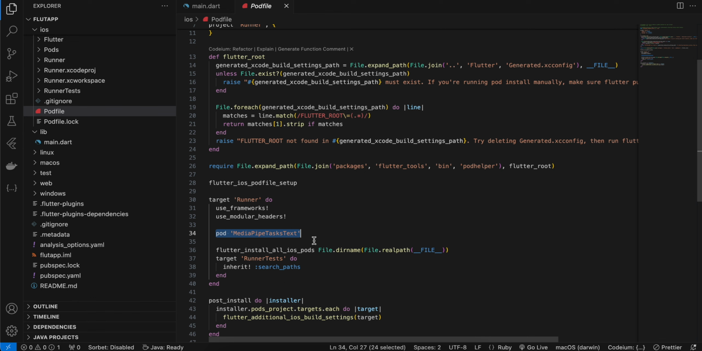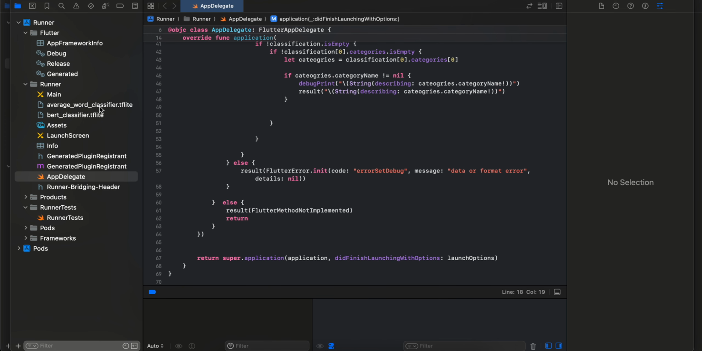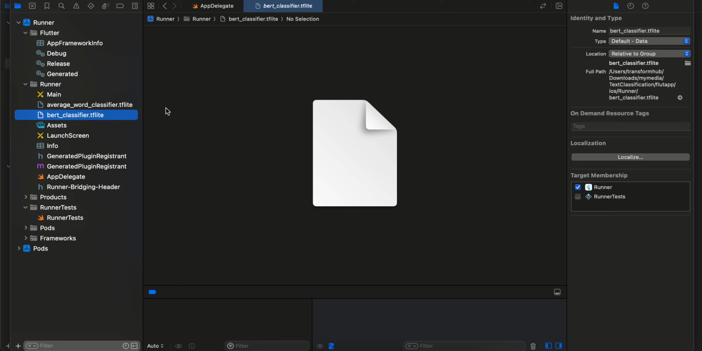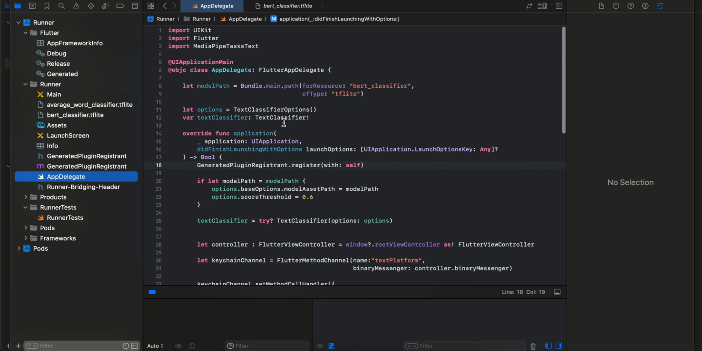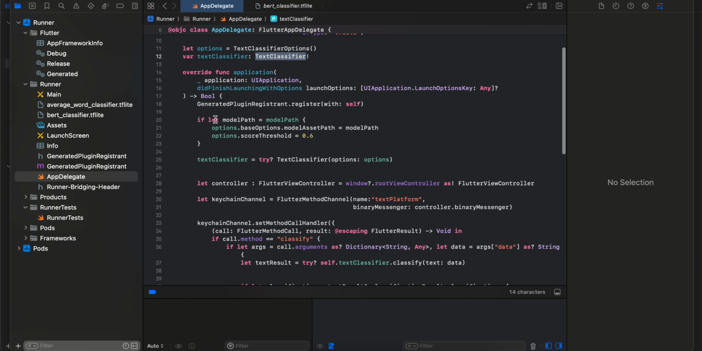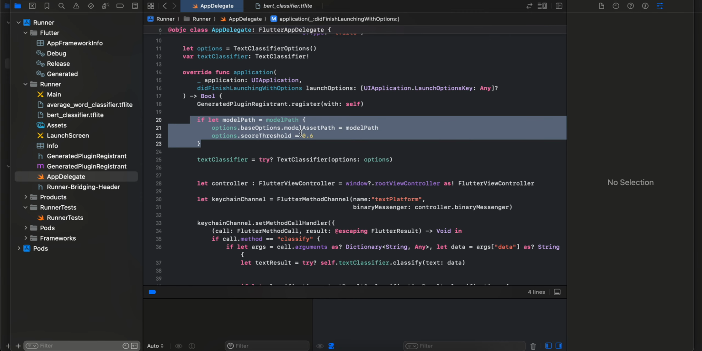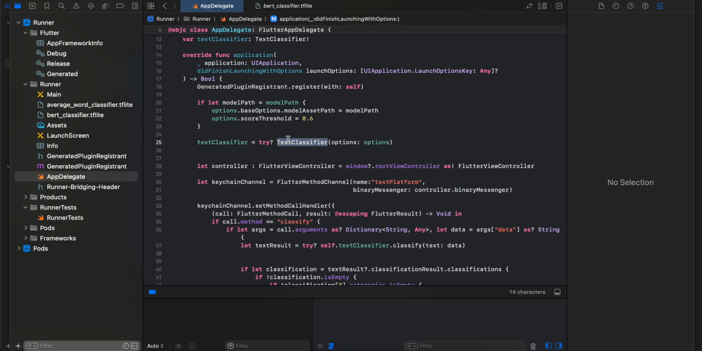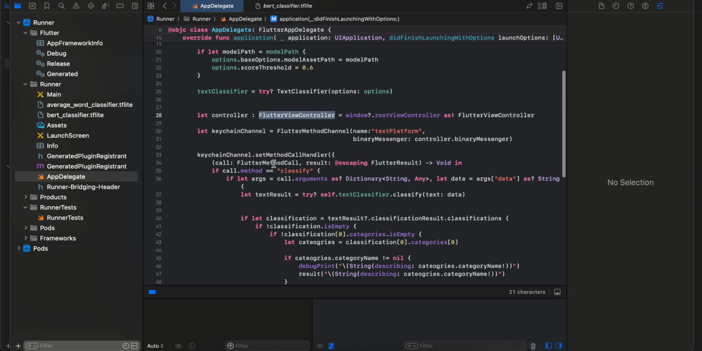Then open the xcworkspace inside Xcode. First drag and drop your two TF Lite models and make sure target membership is checked. Next inside the AppDelegate.swift file, basically I have imported MediaPipeTasksText, and here I have created our bird classifier. Then I have created text classifier options, text classifier, and here we are just getting our model path and setting it to our options as well as score threshold, initializing our text classifier here, then getting our controller and method